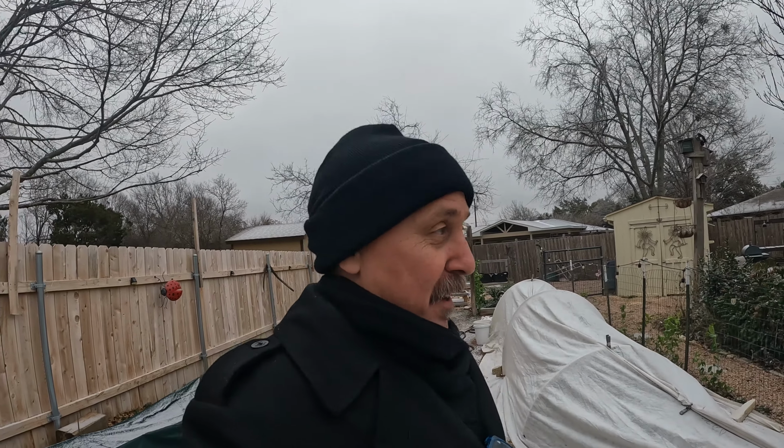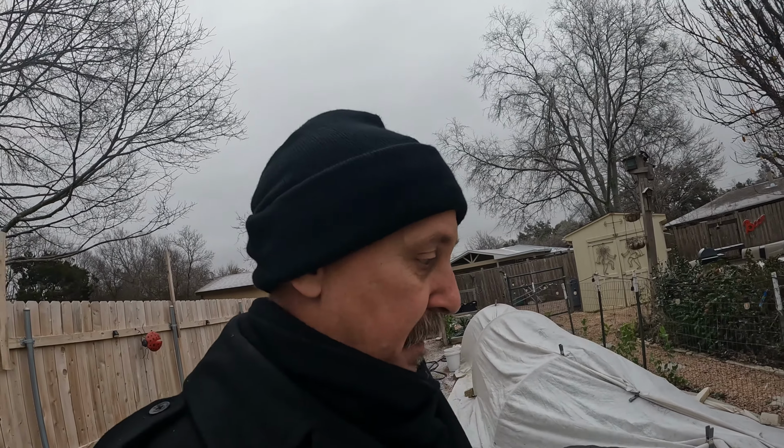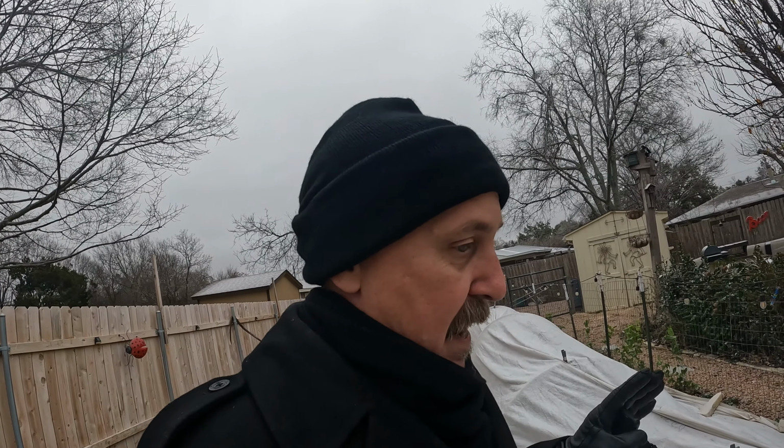And as you can see, the Arctic cold front came through. I'll just kind of pan the camera around and show you. We didn't get as much precipitation or ice or snow as folks up in North Texas, our friends Jill, Greg, and Pops. Guys, I'm hoping you're doing all right. We'll see what lasts. We'll see what happens. But Rochelle, thank goodness,